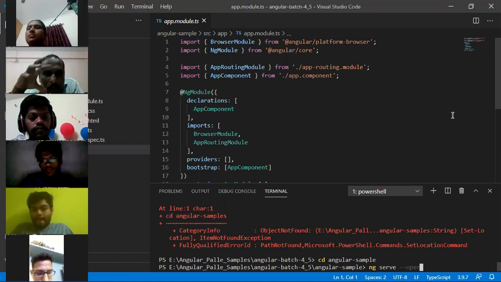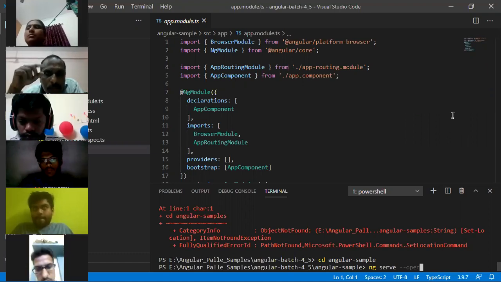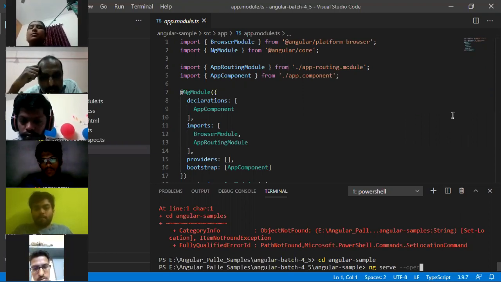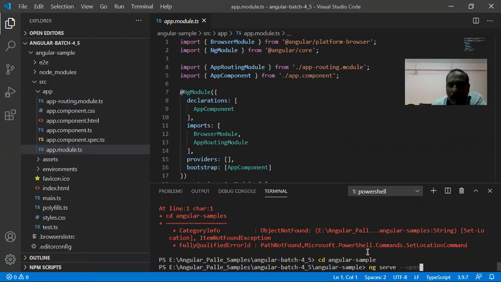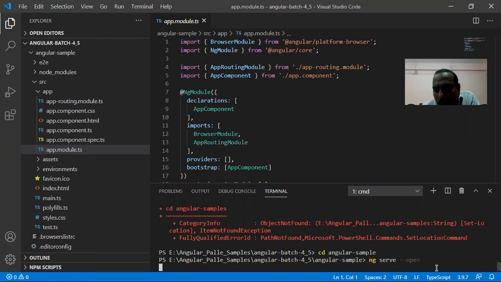You remember, when you are writing .NET applications in Visual Studio, you have a very good Visual Studio IDE, so you can directly click on the build or execute option. But here all those options are not available. You have to do everything by using commands, because this Visual Studio Code is a free tool. That is the reason why they have not given all the options. So if you want to execute your Angular project, you have to use ng serve -open and then press enter. Once you do this, your Angular project will be executed and finally your output will be displayed in the browser. Let us see this.